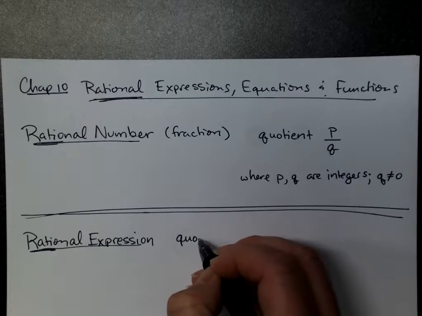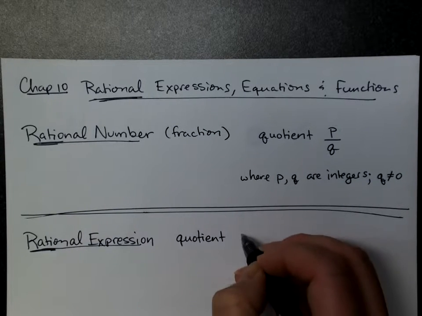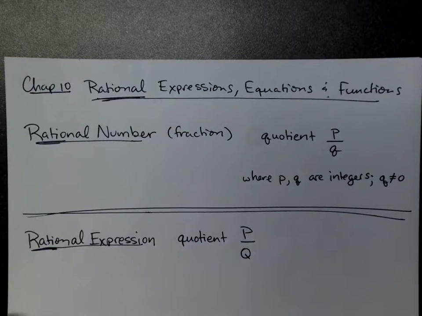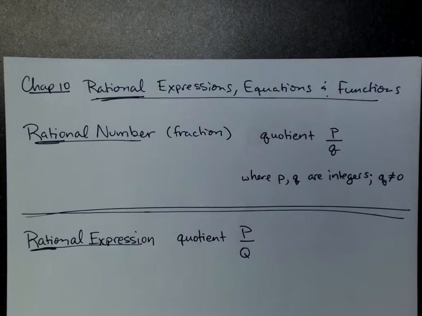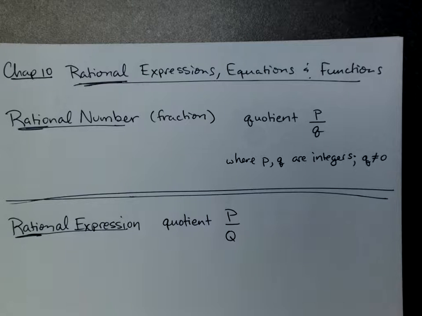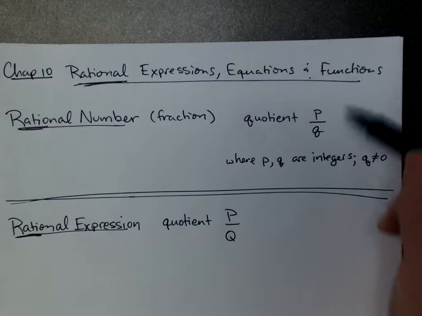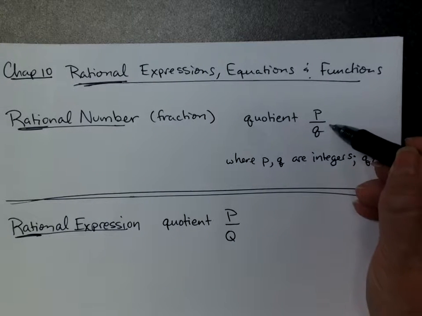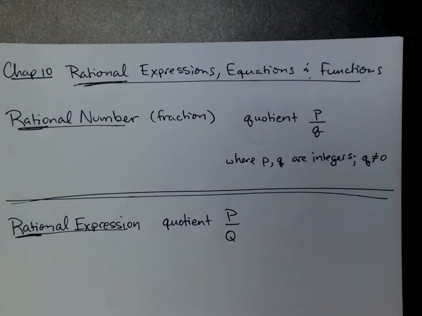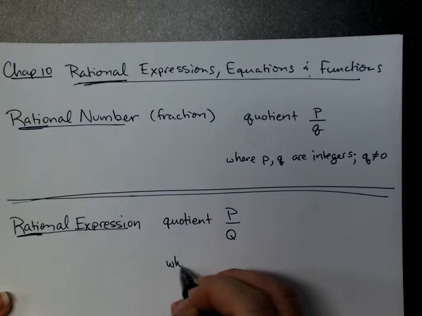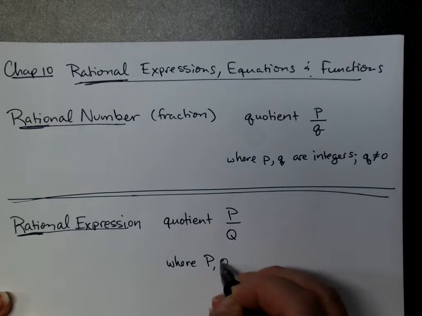Again, it's a quotient. It's a division problem. Quotient, capital P over capital Q. So instead of lowercase p and lowercase q, which are integers, just numbers, for example, 3 over 5, 3/5, our quotient, capital P over capital Q, our rational expression, we mean where capital P and capital Q are